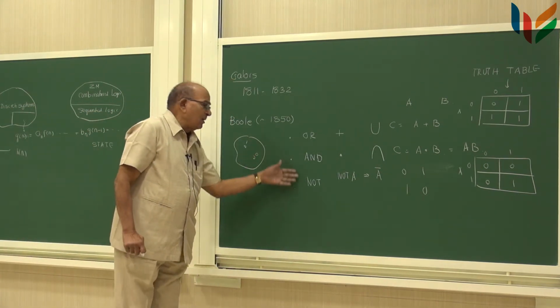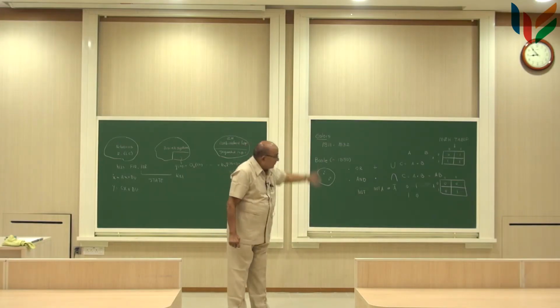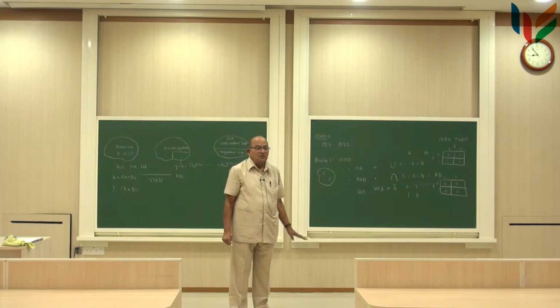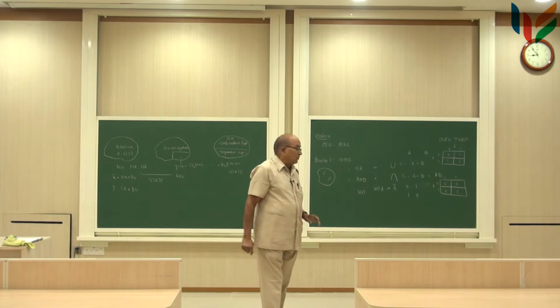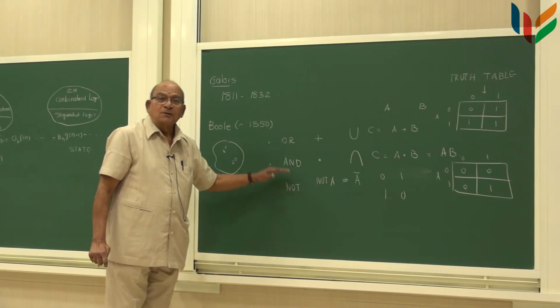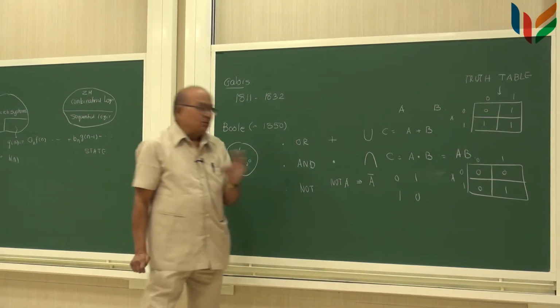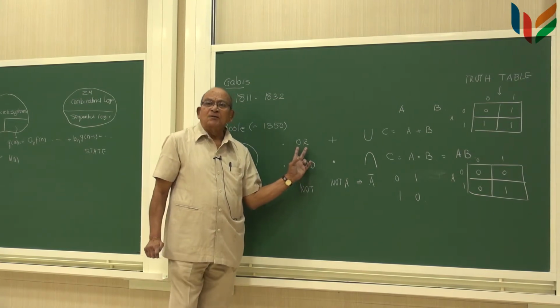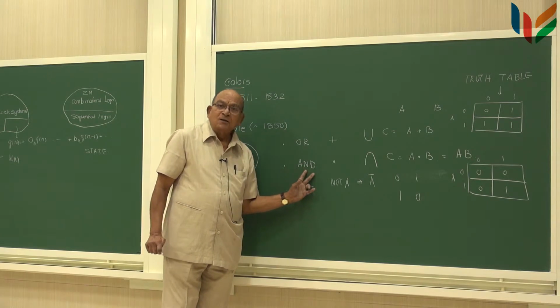Then of course, there are a lot of theories on this, that all these operations are not fundamental. Some of them are derivable operations and so on and so forth. We are not going into those proofs, but let us assume there are 3 operations, OR operation, AND operation, and NOT operation. Now today I have electronics which will give me a circuit which will exactly do an OR, which will do an AND, which will do a NOT.